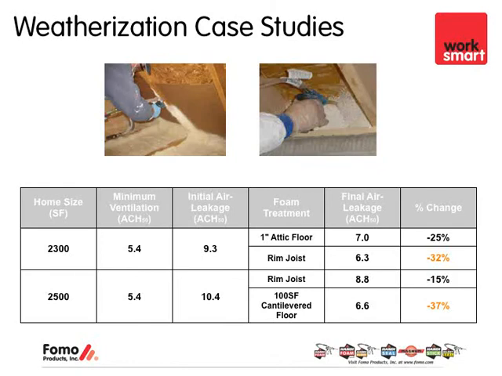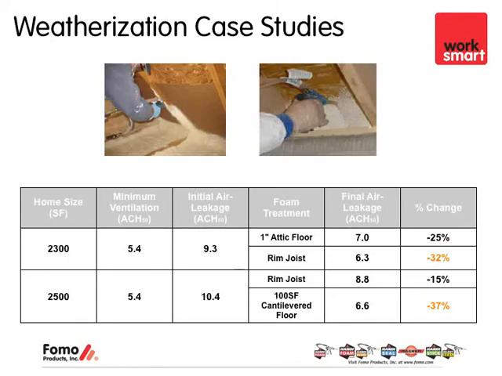The second home that we did was 2,500 square feet. In this case, a little bit larger home, and we determined that the minimum ventilation requirement again was still 5.4 air exchanges per hour at 50 pascals. And our initial blower door test determined that we were at 10.4 air exchanges per hour. So again, 10.4, our target was 5.4, a much more dramatic opportunity for us within this home. And in this case, the home had a cathedral ceiling and really no access to the attic because the cathedral ceiling was only about a foot between the ceiling and the actual